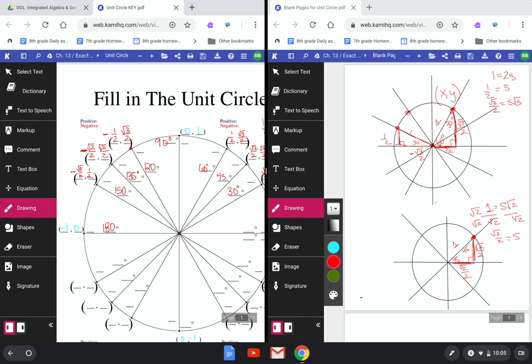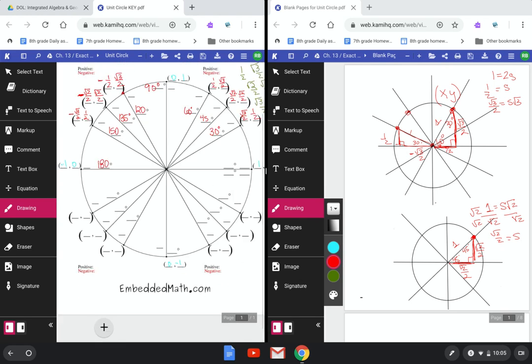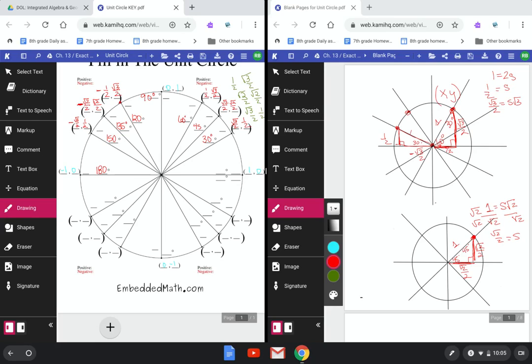Okay, now for the bottom of the circle. We're not going to go through all the details, but I know that you can understand if we drew a right triangle here, the reference angle would be 30, then that's 1/2, and this is root 3 over 2. Everything in the third quadrant would be a negative x and a negative y. But a nice way to do this quickly, if you don't remember how to get the numbers,